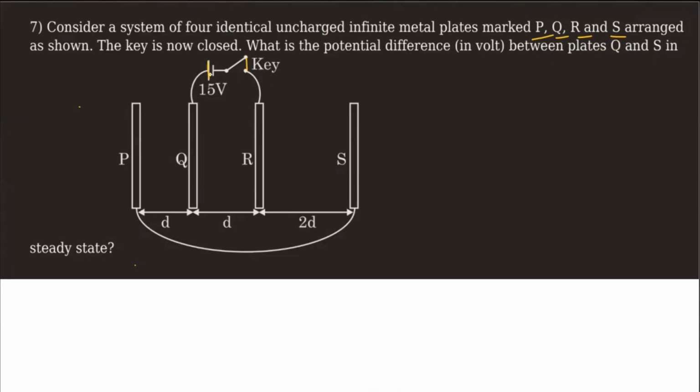See, this positive terminal of the battery is connected directly to plate Q. So whatever potential this positive terminal has, let's say V plus, will be the potential of Q because they are connected via conducting wire. Similarly, R is connected to the negative terminal. Let's say it has potential V minus. So this plate has potential V minus. Further, plates P and S are interconnected via conducting wire, so these two plates share the same potential. Let us give it potential V. In that case, S also will have potential V.